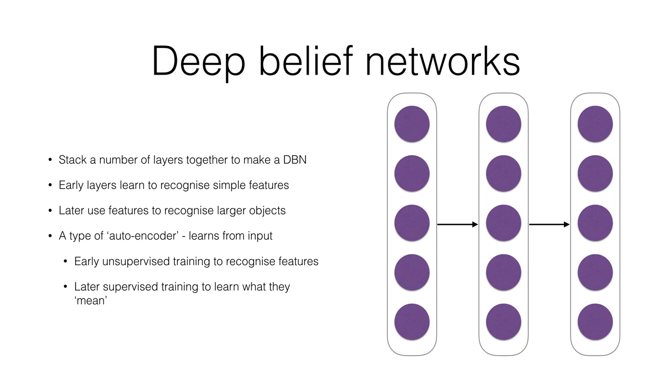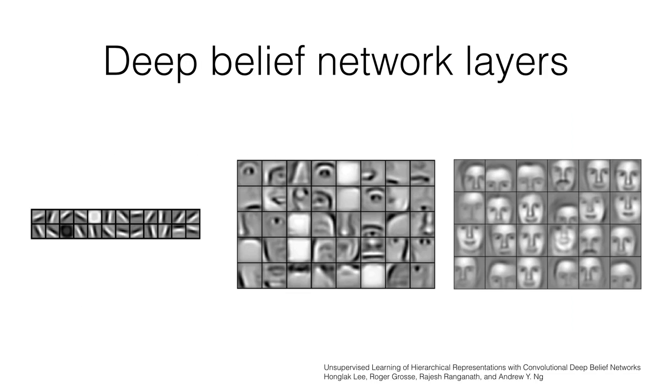One approach that has had a lot of success in image recognition is deep belief networks. And we've already seen a very basic deep belief network doing image recognition with that swirl pattern I showed you before. A deep belief network consists of a number of layers that are stacked one after another. Each layer recognizes simple features, and the later ones recognize more complex structures.